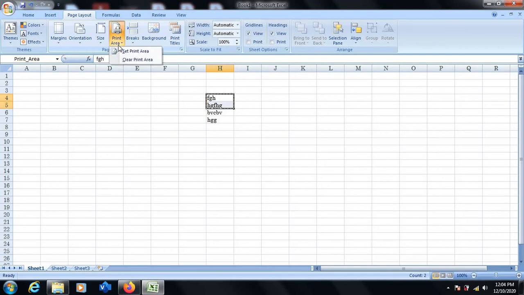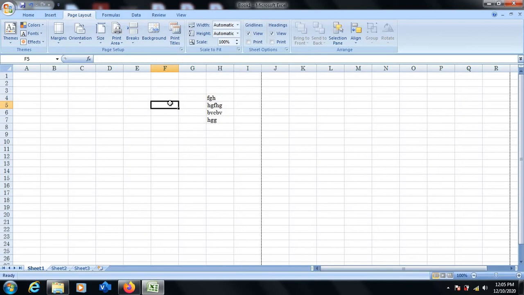So we can set print area if you don't wish to print all the data available in your worksheet. If you just want to print a selected part of your data, you can select that data and set it as print area. Only the selected data will be printed. And you can clear your print area as well. Click on print area and click on clear print area, and then the print area will be cleared.